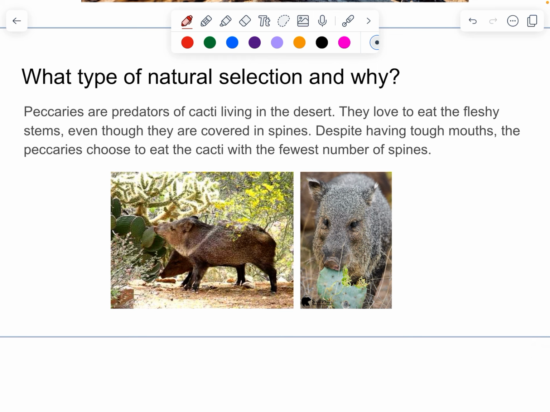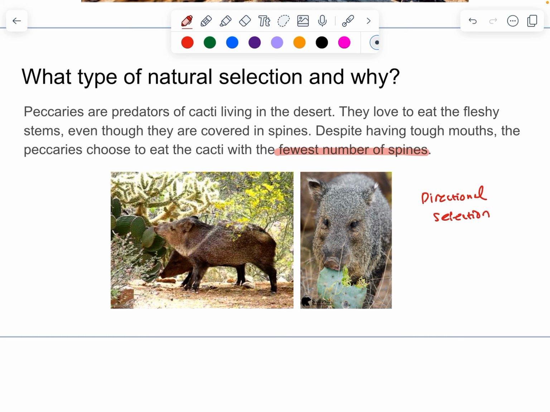Okay, scenario number 3. Peccaries are predators of cacti living in the desert. They love to eat fleshy stems even though they are covered in spines. Despite having tough mouths, the peccaries choose to eat cacti with the fewest number of spines. So I want you to think about what type of selection this may be. So this is an example of directional